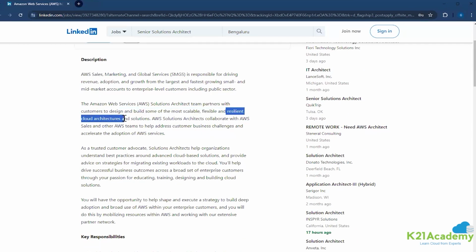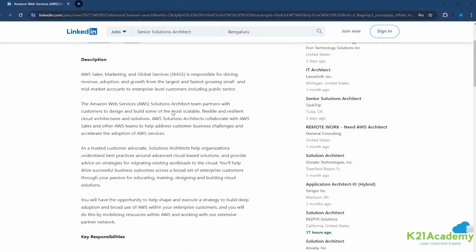Resilient means you need to have more than one at any given time. One replica of a database is not enough. You need at least 3 or 5. You cannot have one server hosting the website. It needs to be at least 3 or 5 or 10. You cannot have a single point of failure anywhere.